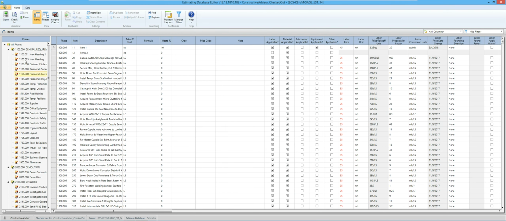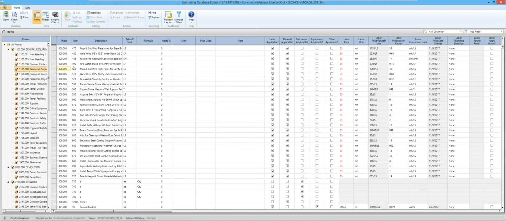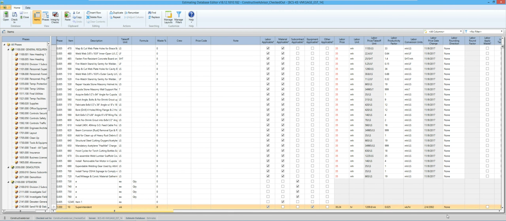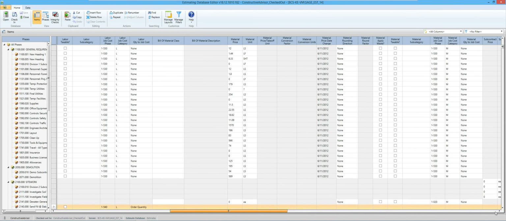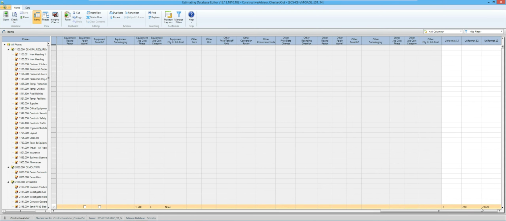So then here's that database that we were just looking at. If I look at superintendent right here, and we take that over to the far right-hand side of the list, you'll notice that it's got all my different codes already in there for at least that one item. That way I could tell what general conditions and each one of the different values are. So this is where I could go in and actually code what items go to what values.